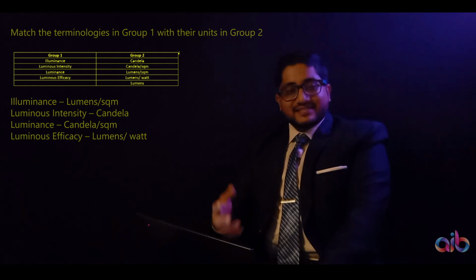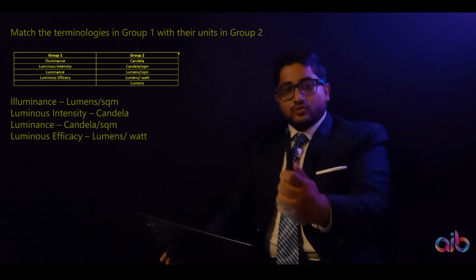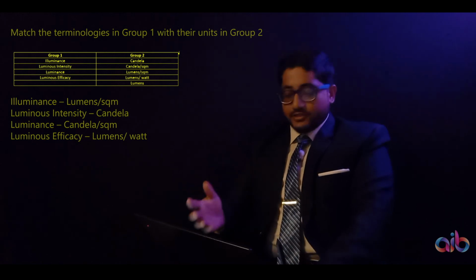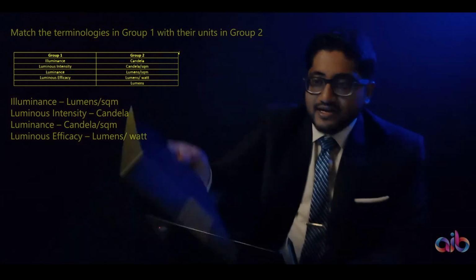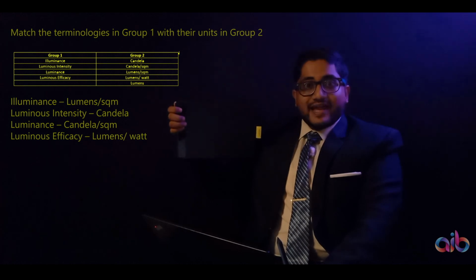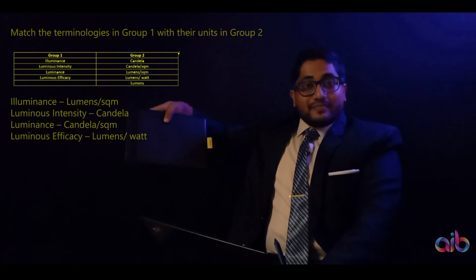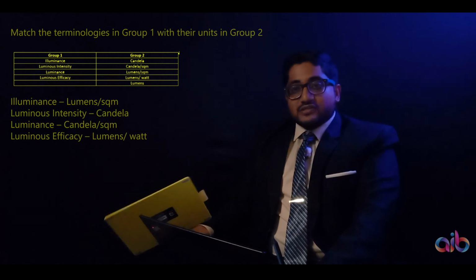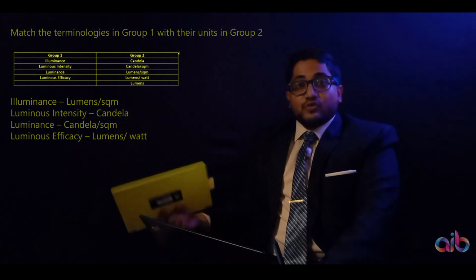Then luminous intensity: the very moment I started off, I mentioned if this was a candle and was glowing with some intensity, it was a luminous intensity, right? It was in candelas. So they have mentioned candelas, that goes for the luminous intensity. If this surface was a mirror, I could have also focused all the light on your face, and that would have created a kind of glare, right? So I mentioned that we term that as luminance, which not only depends on the color or the texture of the object, but also its specularity.